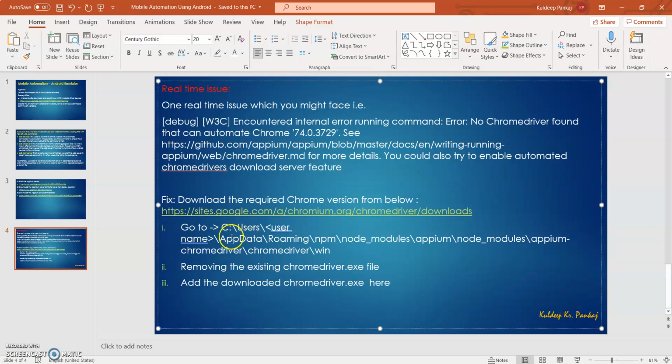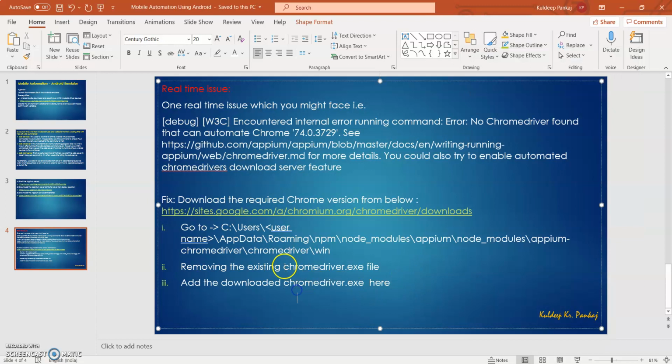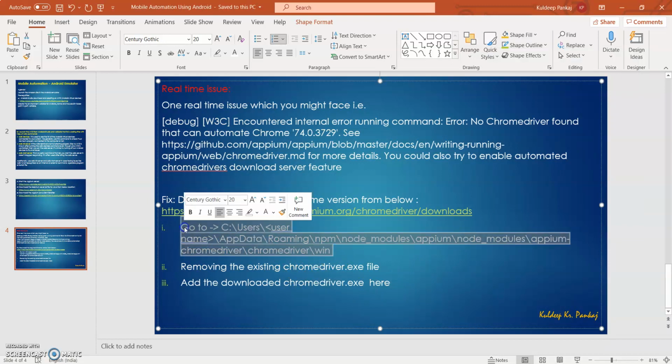After that, go to this particular location where your Chrome driver is available, remove the existing one, and add the new one which you have downloaded. Your Chrome driver exe should match the Chrome that is available on your device. So just download the compatible Chrome driver and paste it in this location. After that it will work fine.